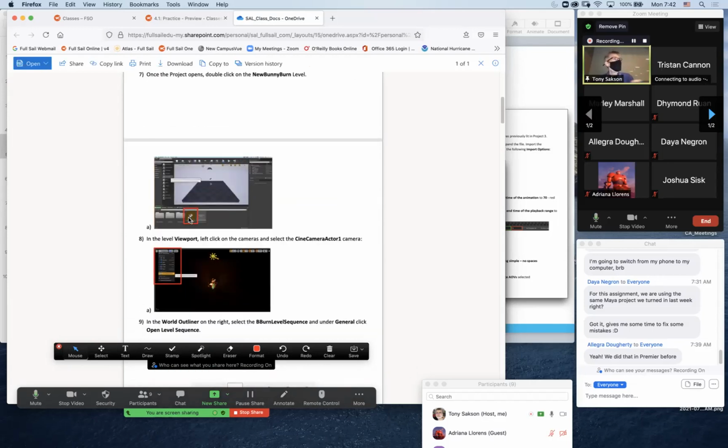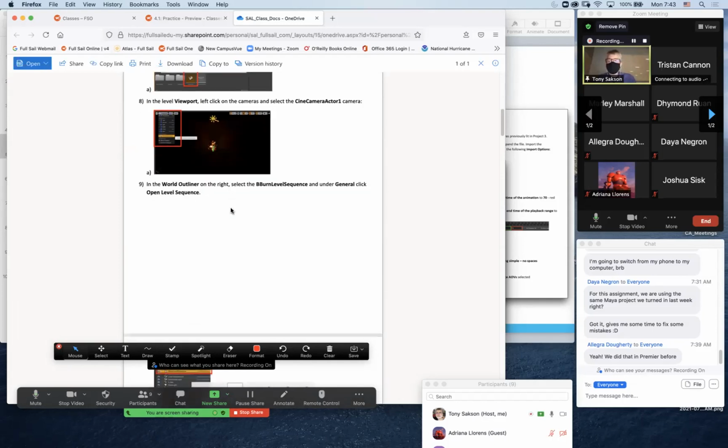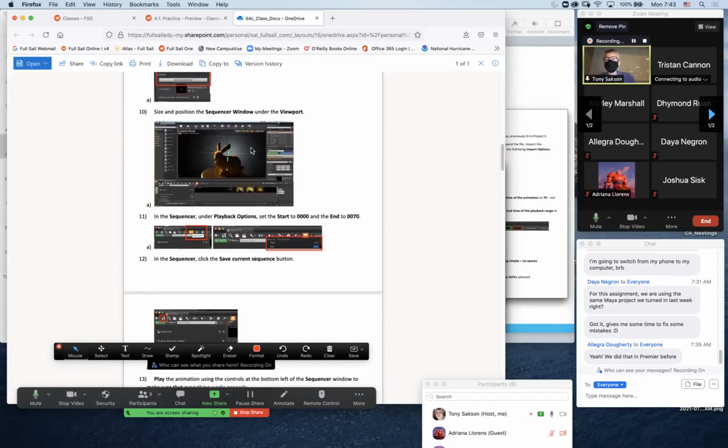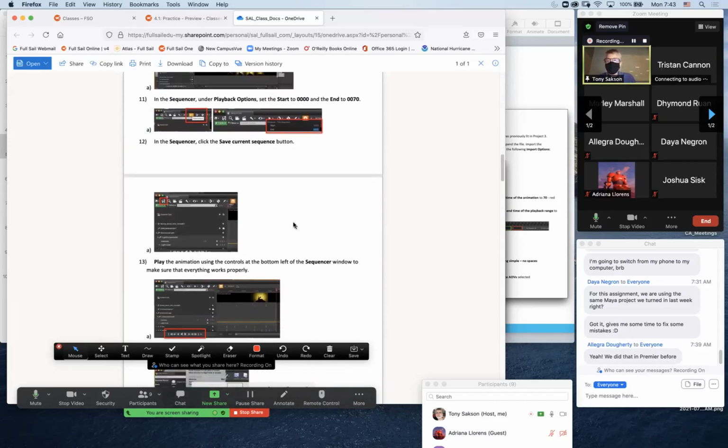So I've got a level set up in there. When you open it, it will be completely blank, but you double click on the level I have set at the bottom. That will launch the actual level scene that we're going to be rendering. You go into the correct camera, go into what's called the sequencer, and that is where all the animation happens inside Unreal. Go into the sequencer, we're going to set up the frame range, going to save that information so